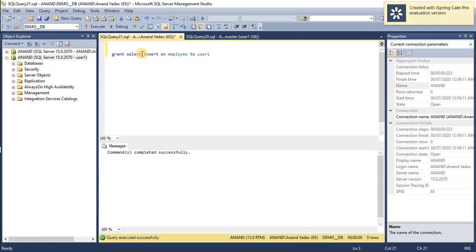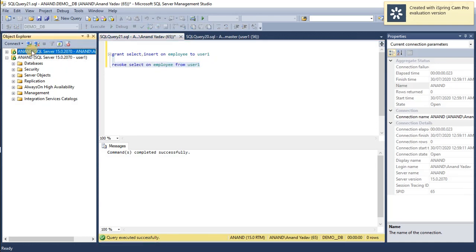Now if you realize later that a developer has moved from one project to another and you want to revoke his permission, you just fire this query: revoke select on table name employee from user 1. I'm firing this query with the super admin user Anand.